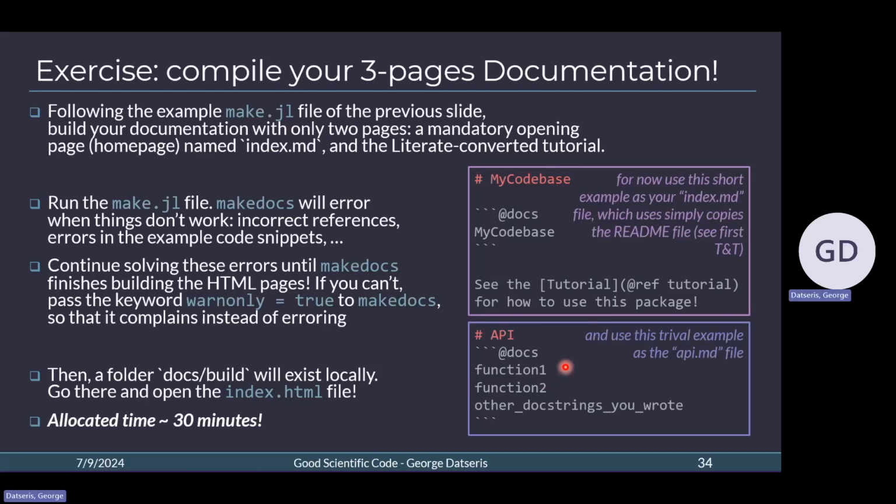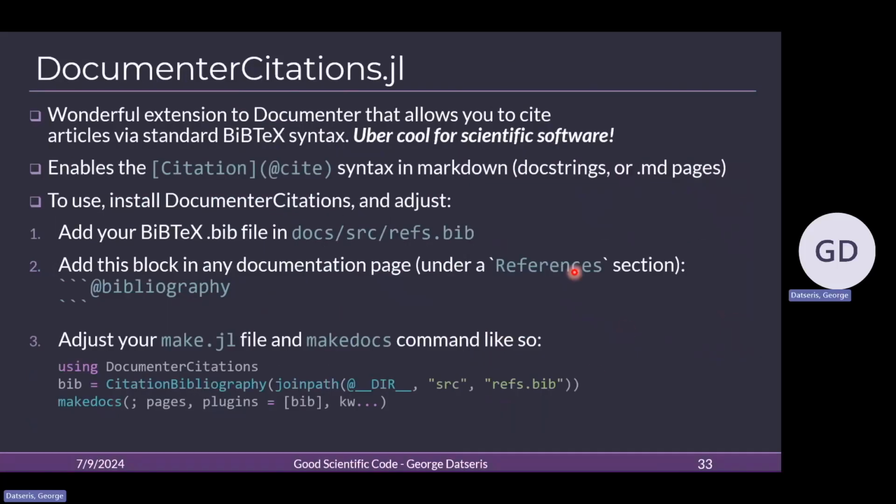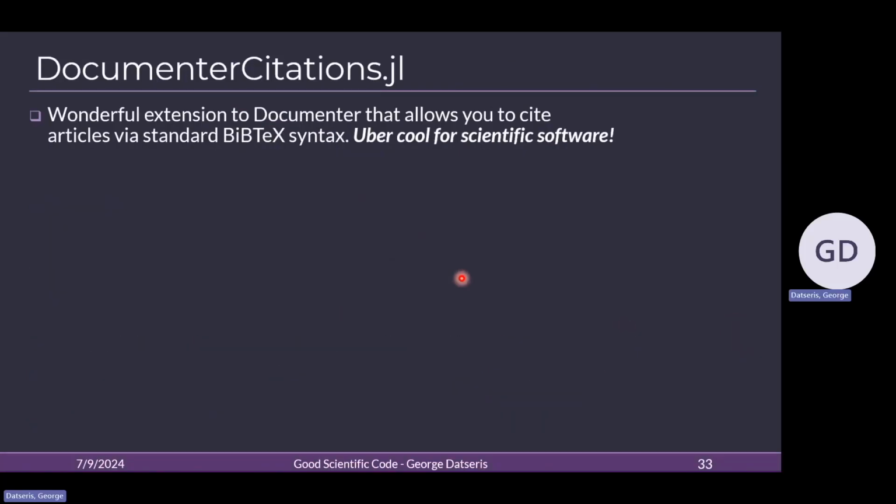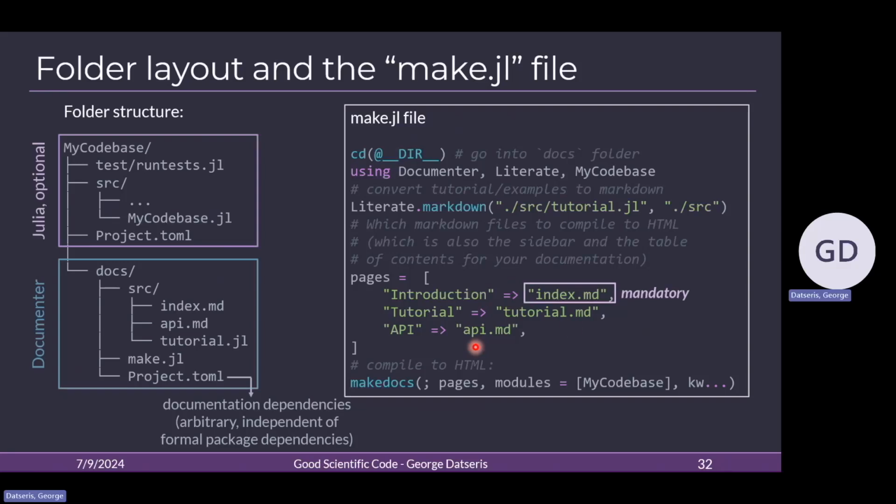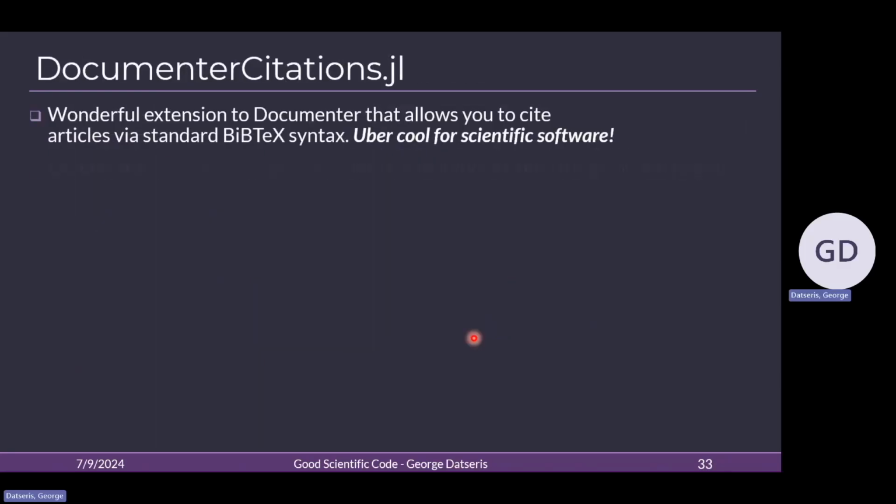The only thing in the API page, which is the api.md file, is an @docs block that expands the documentation strings that you use in your main tutorial. So in your main tutorial, when you present a function, remember this @ref syntax that I showed? You can find it also in the previous slides. This is where it will be listed. And that's it. These are the 2 pages. The 3rd page will be the tutorial. So if I go 2 slides back, that's it. This is where you specify these 3 pages, and these 2 pages are just literally 3 lines of markdown syntax each.